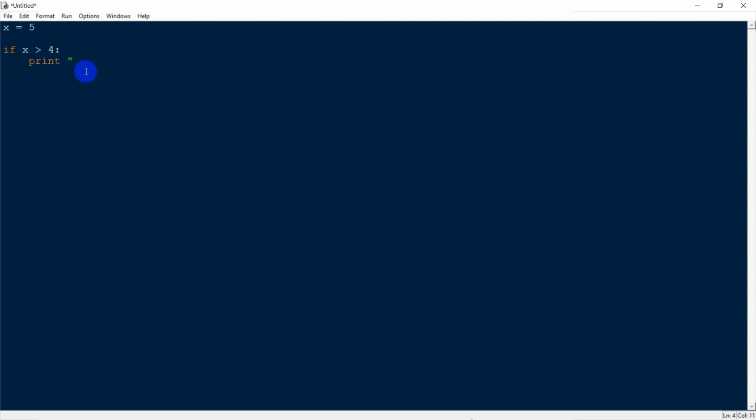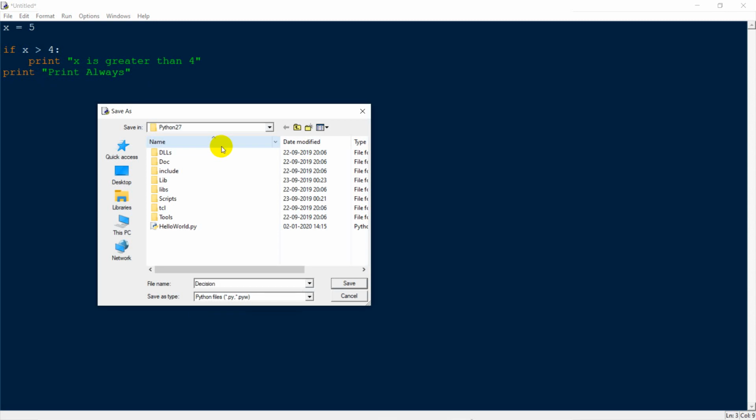So here I can do something like print x is greater than 4. And for the next line, I can write it with one tab space if I want it to be executed only if x is greater than 4. And if I want it to be executed irrespective of the value of x, I can do something like this, print always. So this thing right here, because it doesn't have one tab before it, is not in the block of this if. So if I save this right now, and I'll name this decision control,